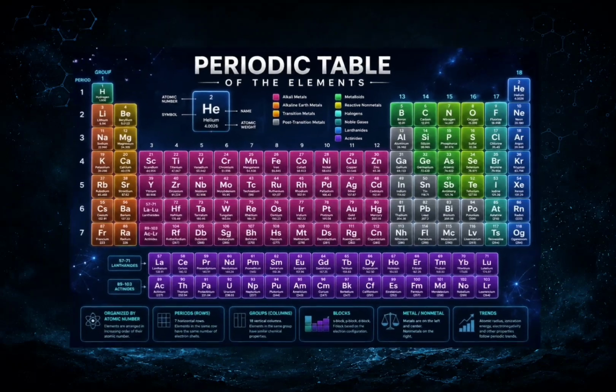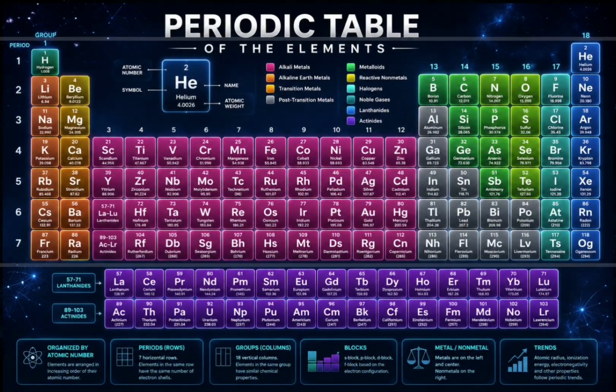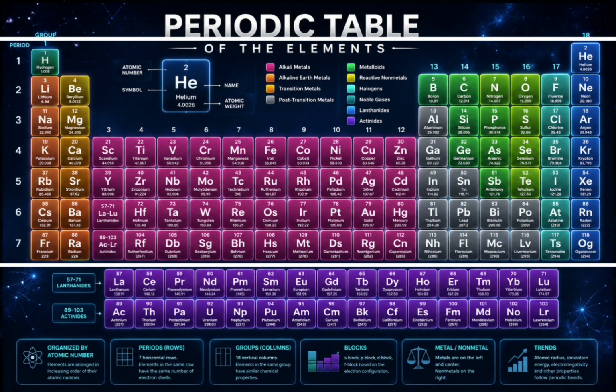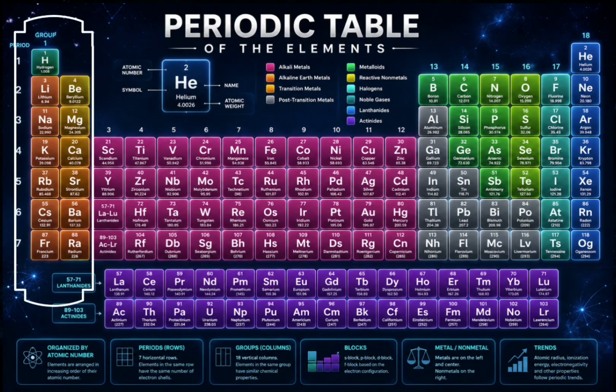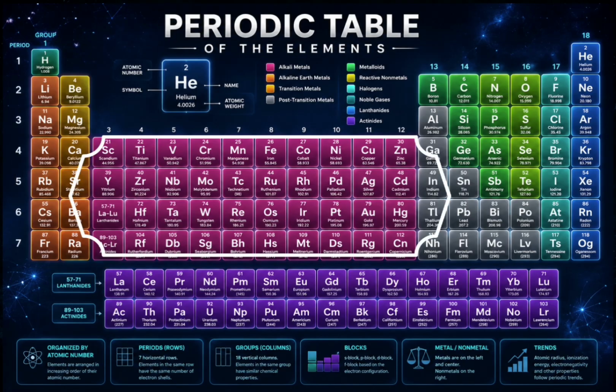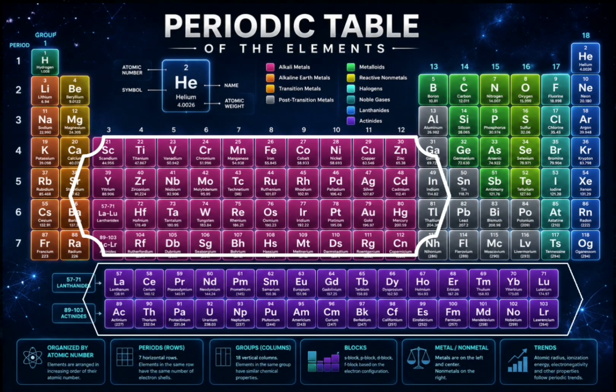This is what our modern periodic table looks like. It has 18 vertical columns, called groups, and 7 horizontal rows, called periods. The elements in the middle are called transition elements, and the 2 rows at the bottom are called the lanthanides